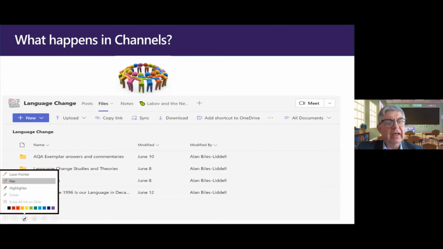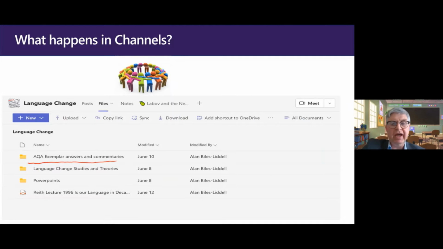So here in the language change, I can put in my exemplar answers and commentaries. Obviously, it's going to become really useful for them when it comes to revision, coming up for their mocks, or before I set an actual exam question for them too. But again, it's always accessible for them, no matter when they want to get to it. It doesn't always have to be in lesson time. The theoretical stuff that I want them to look at, PDFs, all there. PowerPoints that I've used with my lesson are all there within that one folder, and they get total access to it.